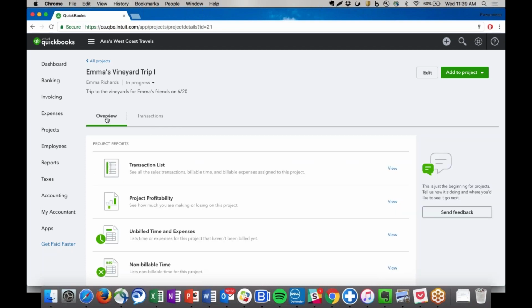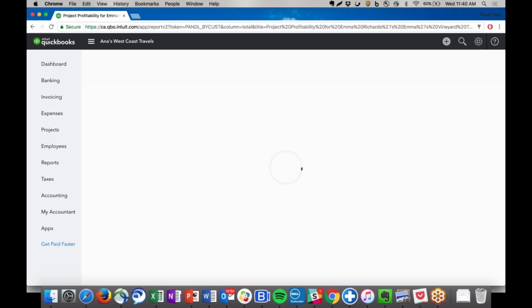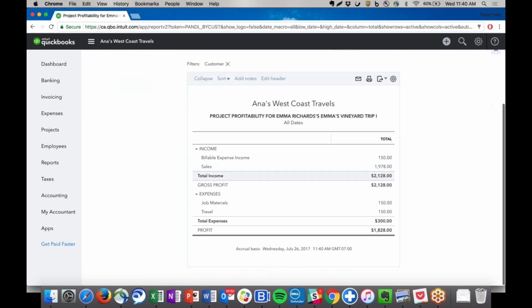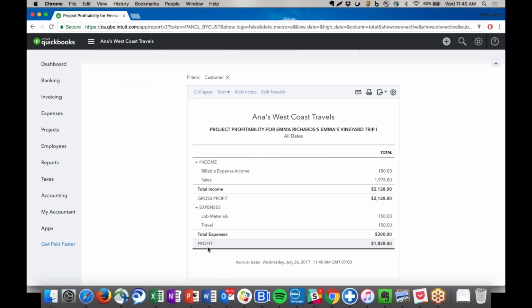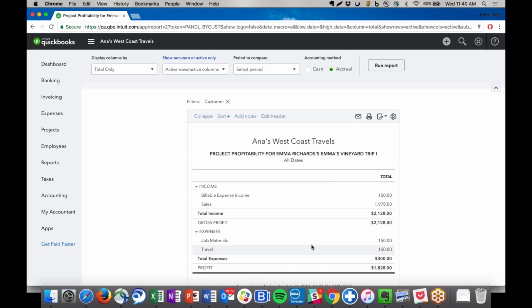Another question, like I was referring to in the beginning, is a profitability question. I'm very interested in knowing, was Emma's vineyard trip that I organized really profitable or not? And so if I pick up the project profitability report, it's going to give me a view of the income side and the expenses side, and I can then see what my profit or loss was. This helps me answer the question of whether I lost or made money